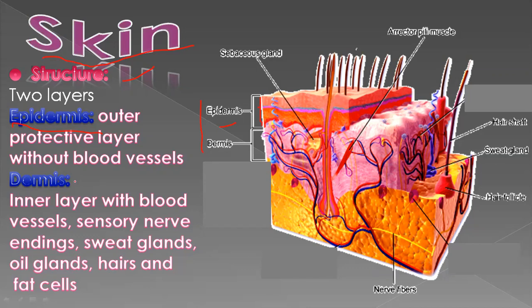Okay, the next one, dermis. Dermis is a very important layer, and it is a very thick layer, the inner layer which has blood vessels. You can see arteries and veins are there. There are muscles, these are called erector pili muscles. We will discuss it in the next slide. And then we have hair follicles and hair which is protruding from there. We have sebaceous glands which release oil in the skin. We have the hair shaft,